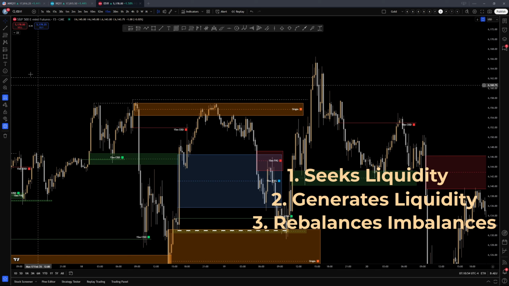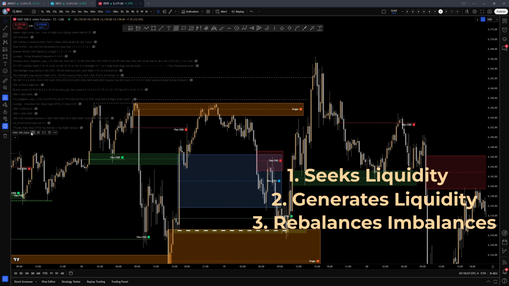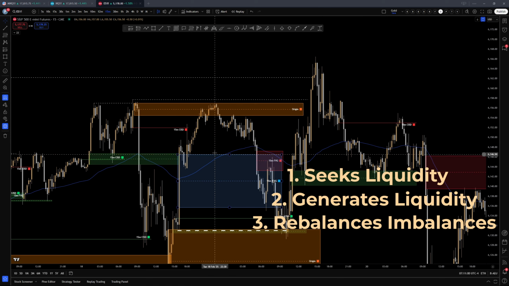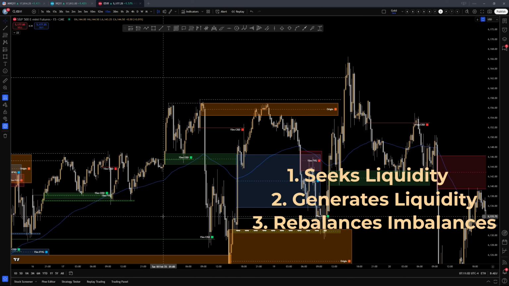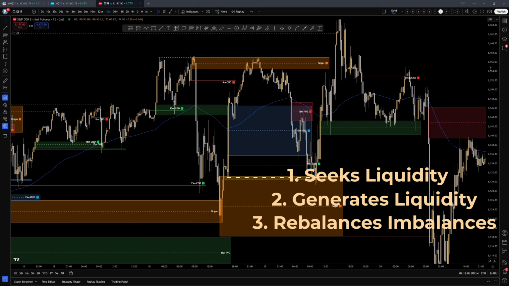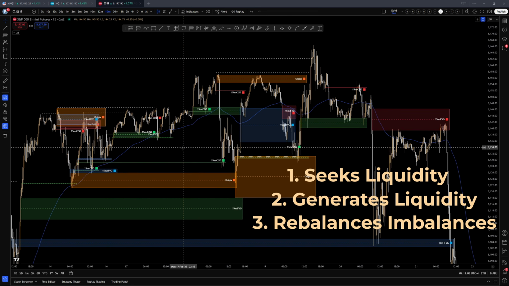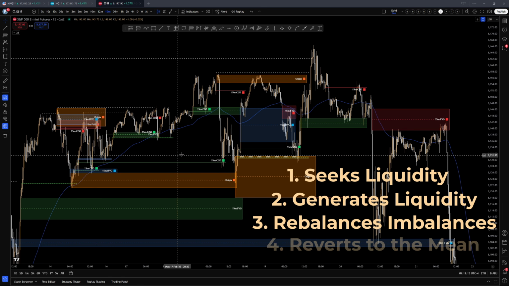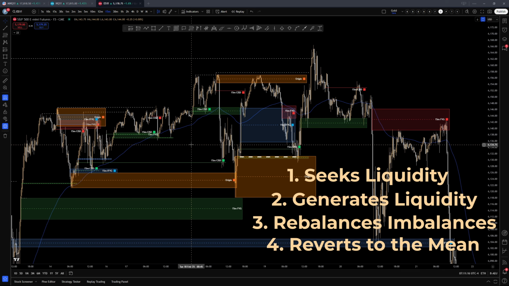And the last thing, most easily indicated, I guess, by a moving average. This is a 100 exponential moving average, but it doesn't matter. It's all the same stuff, really, at the end of the day. What I'm trying to indicate with it is that number four of what price does is revert to the mean. That means price reverts to an average or a fair price. Now, I'm not saying a 100 moving average is the best example of that, but it's simply an example of it. And what we expect then is that price will revert to the mean and then move away,